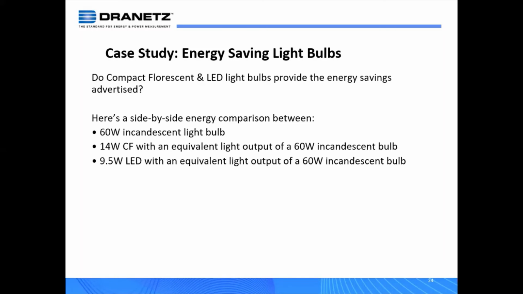So in this case study here, we're comparing compact fluorescent and LED bulbs and the old incandescent bulbs. We're comparing them side by side. Do they provide the energy savings as advertised? And we can identify with this at a residential level because we have these devices in our homes. Either we have LEDs, or we have incandescent, or we might have a mixture of all three. Me personally, I went in and ripped out everything, and I have LED bulbs now. But here we did a side-by-side comparison,